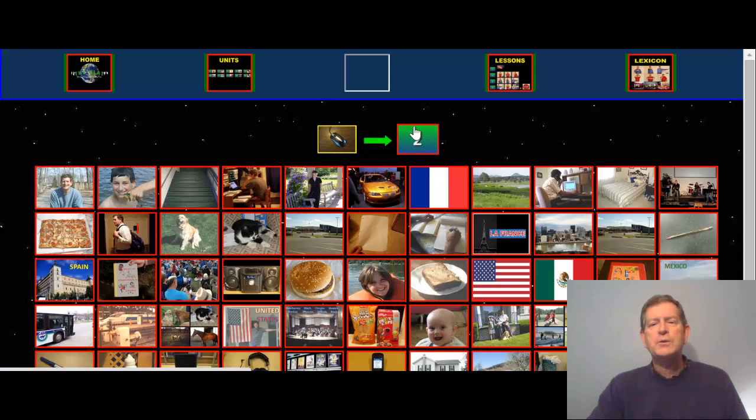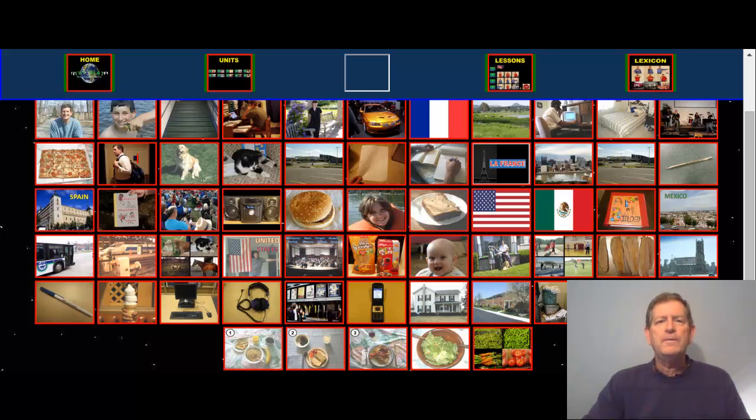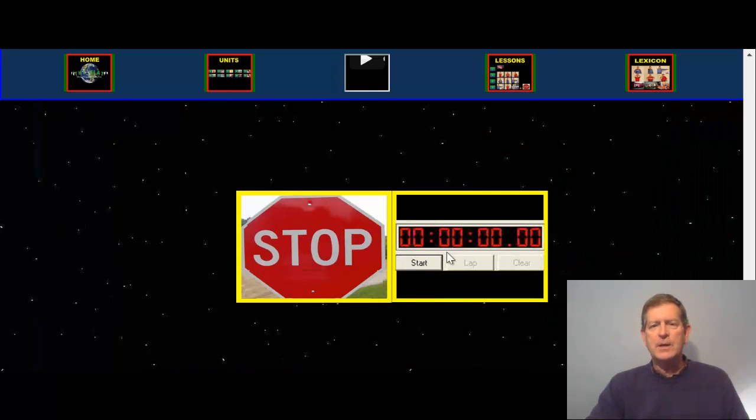And clicking on le cahier, you'll note that takes me to a new screen which now has a number 2 on it. If I click there, I'll hear another vocabulary word which I must go find, click on, and that will take me to another screen which will say 3, etc., until you've gone through 59 different screens. And once you've gone through all 59, you've finished the last of the nouns that you need to identify, you'll see this image right there of a stop sign indicating you were to stop the stopwatch and see if you were able to respect the 7-minute time limitation.